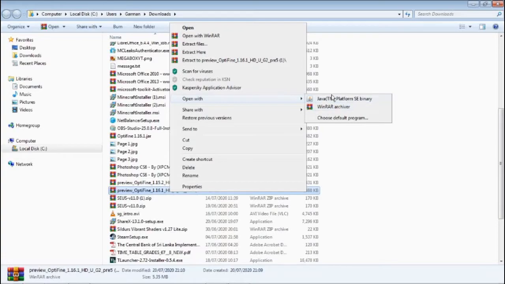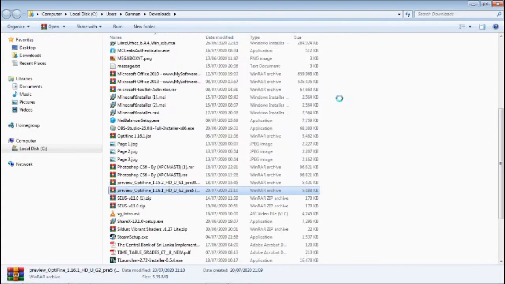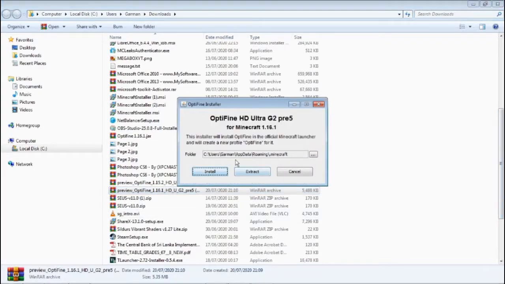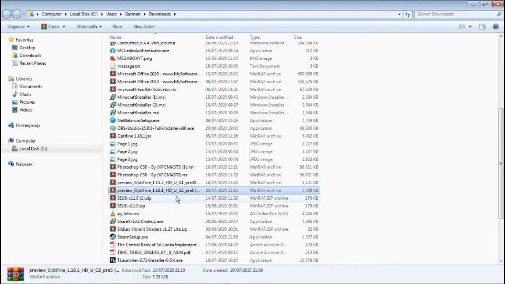That's the only way you can open this. You just have to click this, it's like a hot coffee mug, and then simply press on install. Since I already have it installed on my computer, I don't need to do it. So I'm just going to go back to the game.